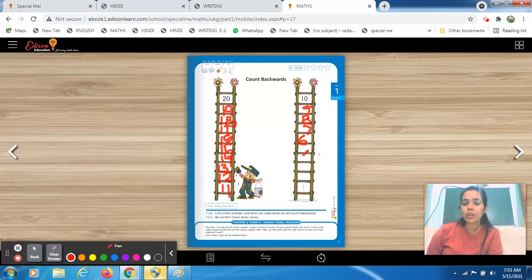Okay, now he's on the next rung. Now tell me which rung he is on. What comes before 6? Ayushman, what comes before 6? Ma'am, it's 5. Yes. So this is your backward counting. You know that? Okay. Now what is there? Which number comes here? What comes before 5? Hurry up. Who will tell me? Give me the answer. Udavir want to tell me. Okay, Udavir, tell me. Ma'am, 4. Very good. Yes, here comes 4.